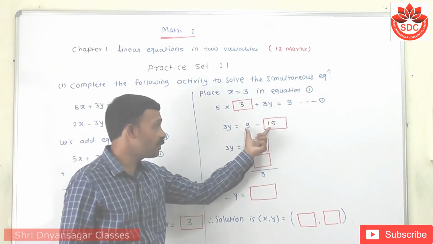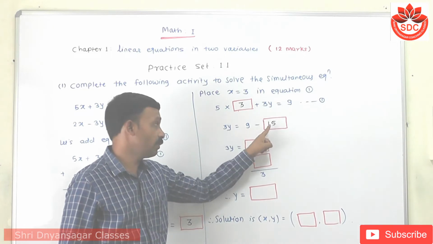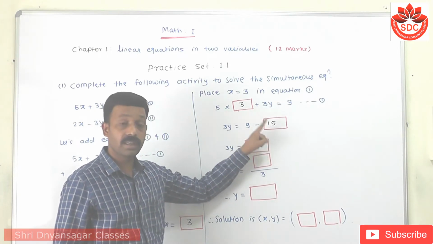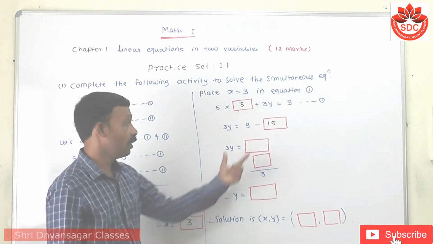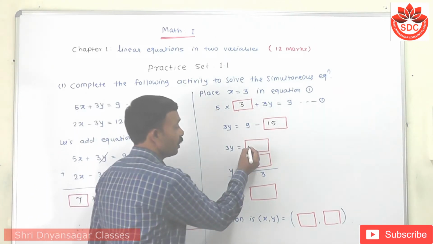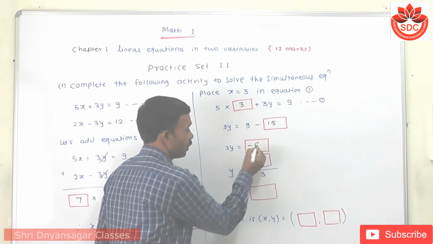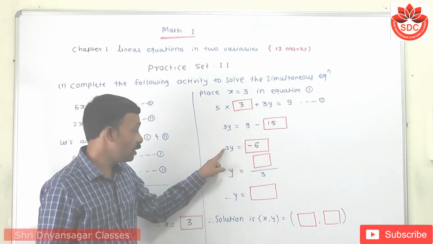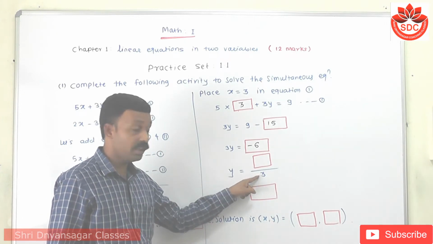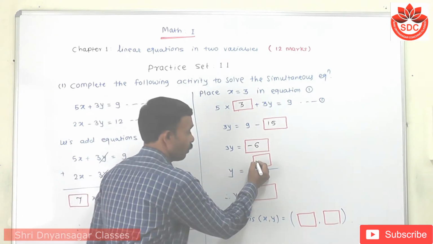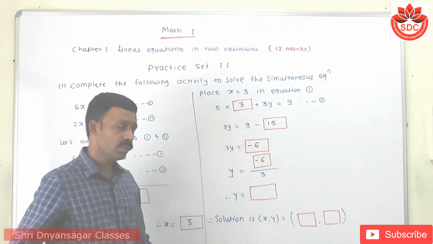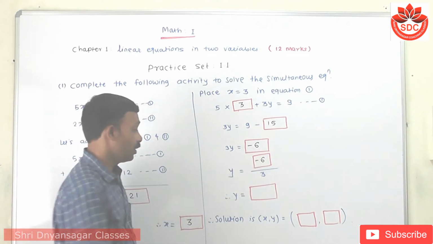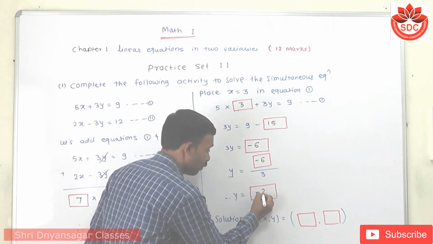Then what is the subtraction between these two? Now this 15 is the bigger number having the minus sign. So take the subtraction and use the sign of the bigger number. So the subtraction of this is minus 6. Then 3y equals minus 6. This 3 again goes to the denominator, meaning in this box here is minus 6. We can simplify by using this 3. 3 2s are 6, so the answer is minus 2.